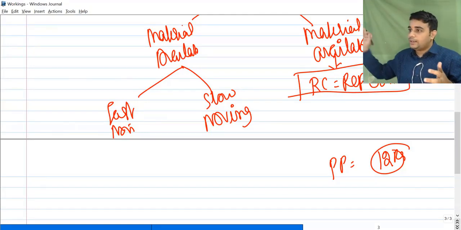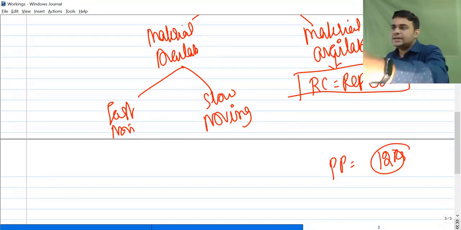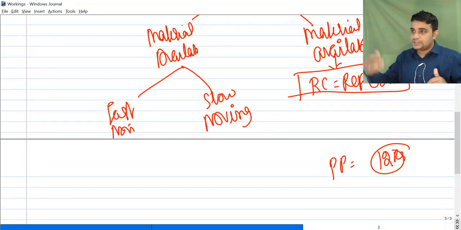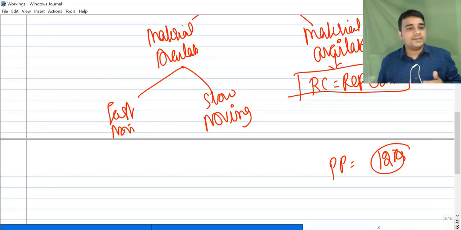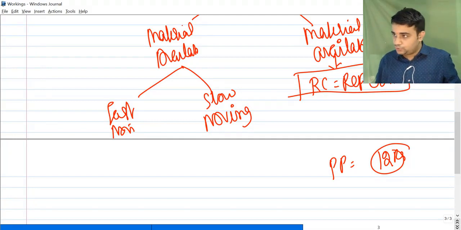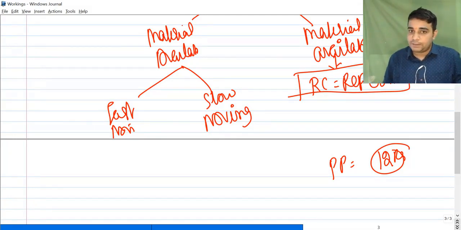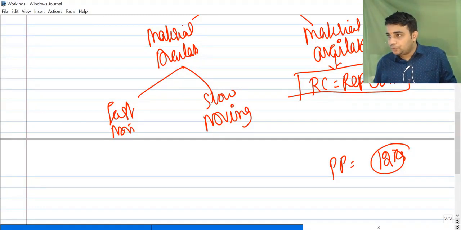The project 5 owner got the material and kept it in the company. He wanted to use it for his project. He will be using it in the next 5 days. He plans to use it after 5 days. I suddenly come and say that I want to use it tomorrow. He says, I don't have a problem. You use it, but please buy new material and give it to me.